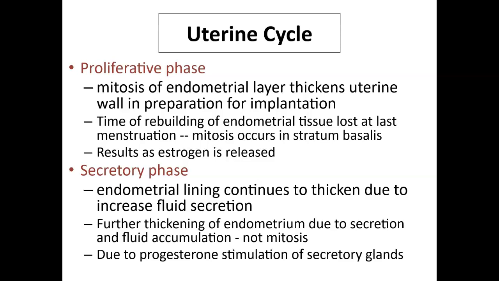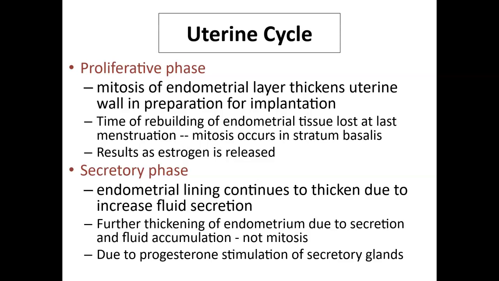This phase is characterized by the thickening of the endometrium, which is the inner lining of the uterus, and the hormone responsible is estrogen. The endometrium becomes rich in blood vessels and nutrients, and it creates a welcoming environment for a fertilized egg to